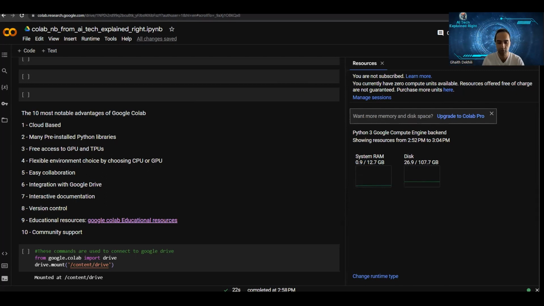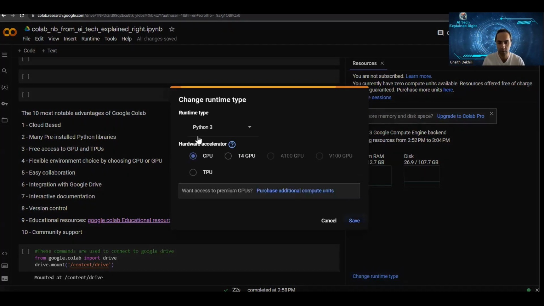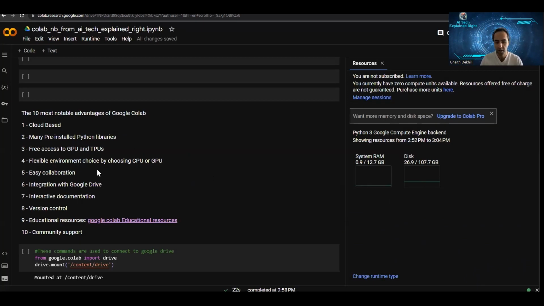And if we click on change runtime type, we'll see that we can choose between CPU, TPU, and GPU. Here we have a key for GPUs. So here we can choose the language as well. We choose Python 3 or R. In our case, we chose Python 3. So here we are using only CPU because we don't need GPUs. In our case, we are just running a few lines of Python code. Once it's done, we click on save, and this gives flexible environment choice because we could just choose between CPU